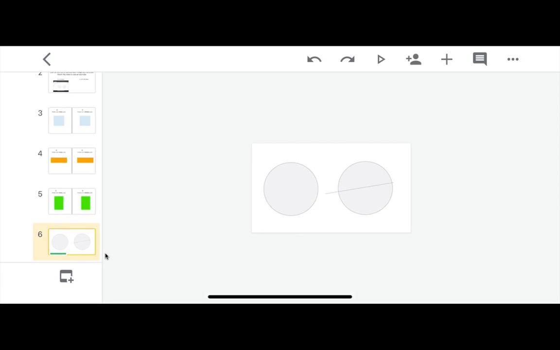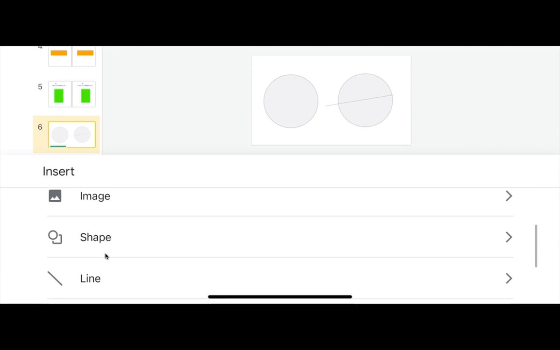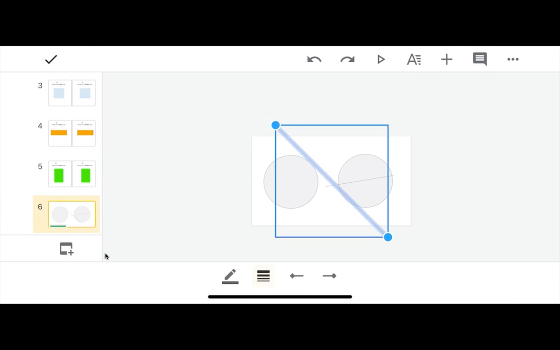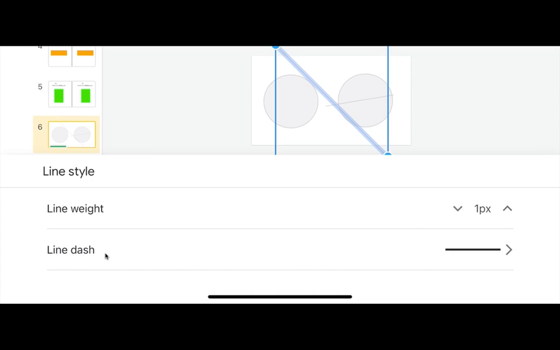If I wanted to add another line, I would just press that plus button again and choose line tool, basic line. I can also change the thickness with the different settings at the bottom of the screen, so whatever you prefer is